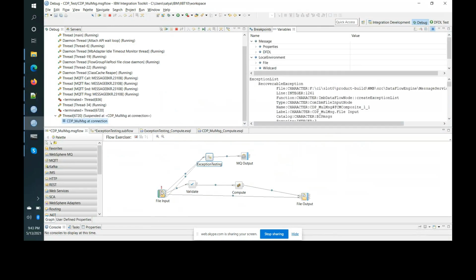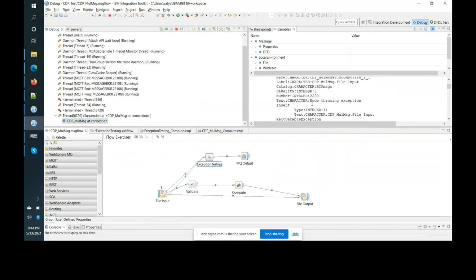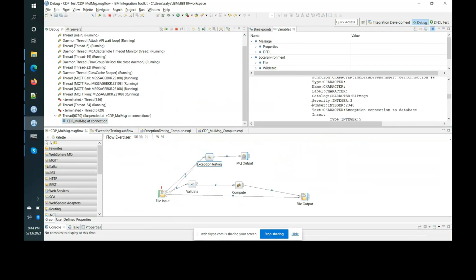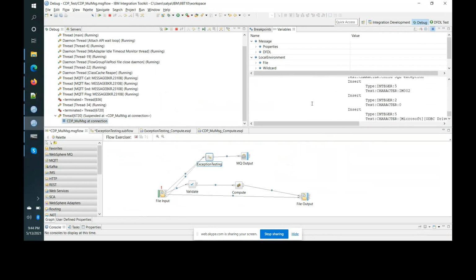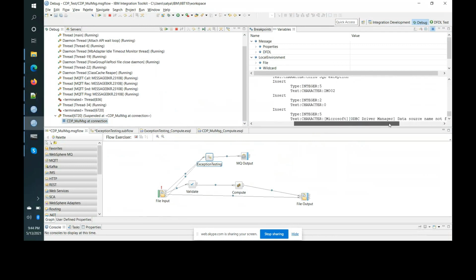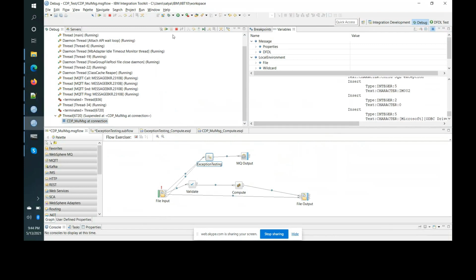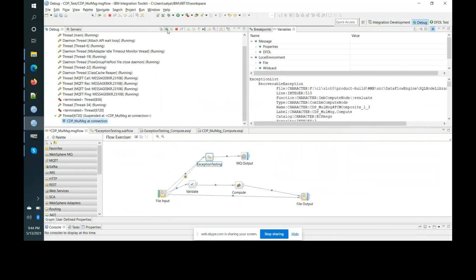Here we are getting an error. Now look at what the exception list says. It is the database error. I purposefully gave a wrong DSN name, that's why we are getting the database error. Now we want to capture this information into the queue to say this database does not exist and it's not valid. Press the green button. Continue. Do that again.